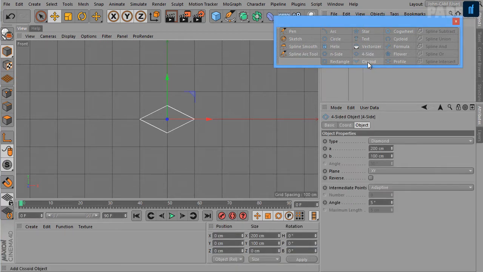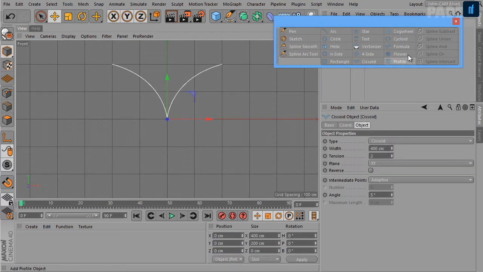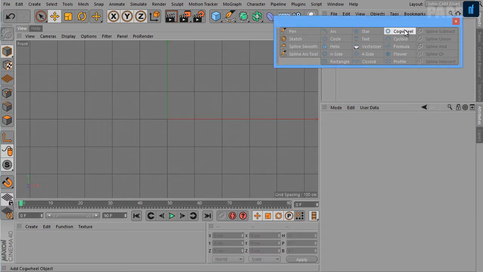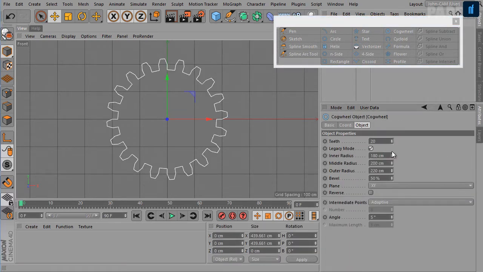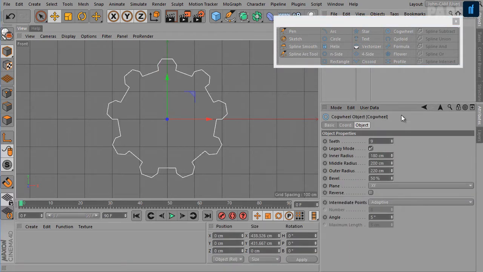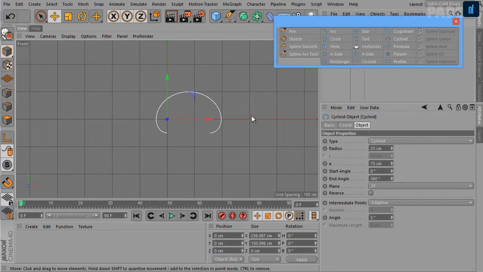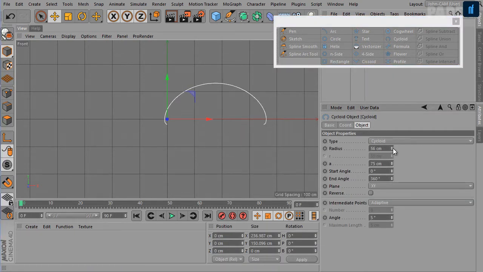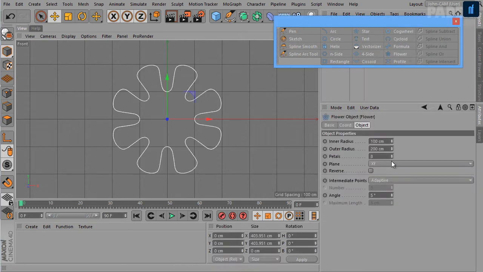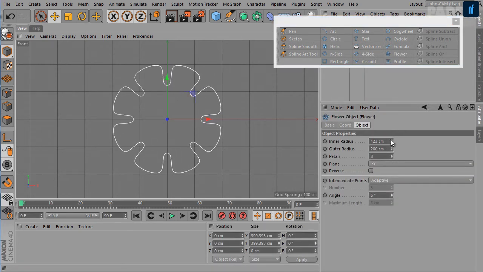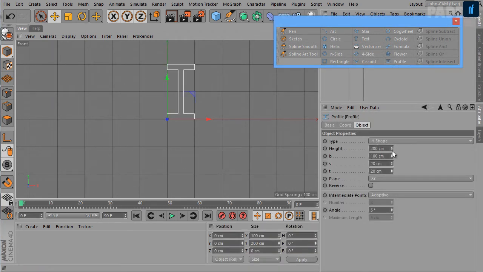Next we have Four-side, Seesaw. Okay. We have Cogwheel, Cycloid, Flower, and Profile.